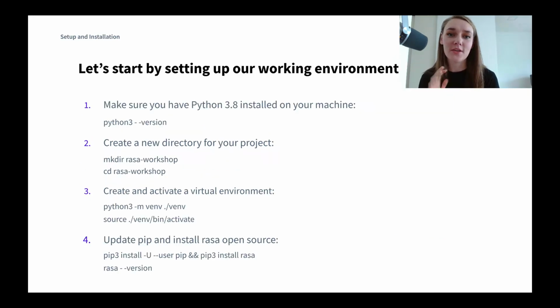So to kick things off, I would like to start by showing you how you can set up your working environment. There are a few steps, but they are quite simple, and I will walk you through all of them so that you either have a working environment ready for this workshop or you know how to do that after the session. The first step in our installation guide is making sure that we